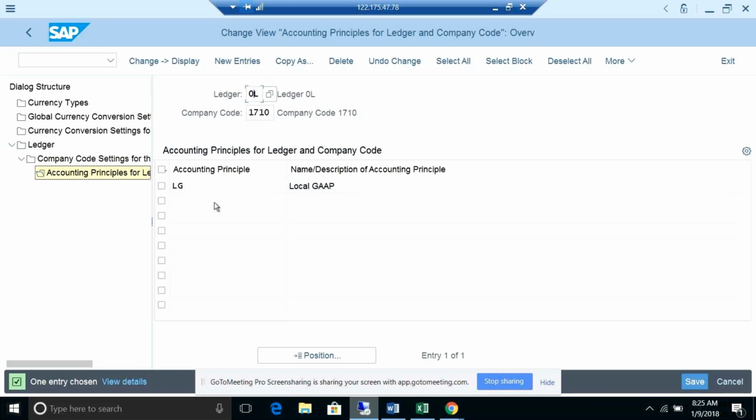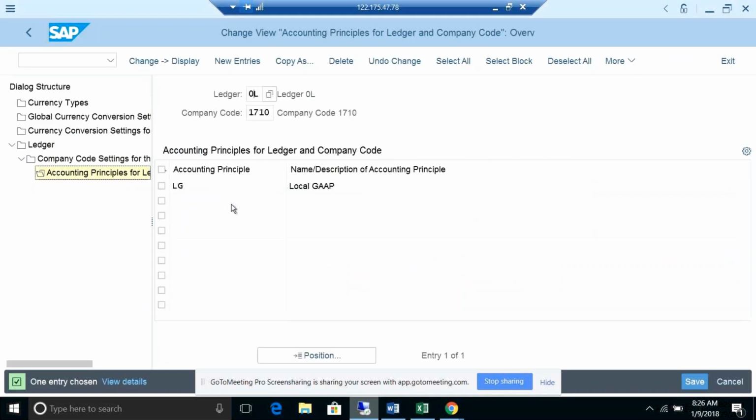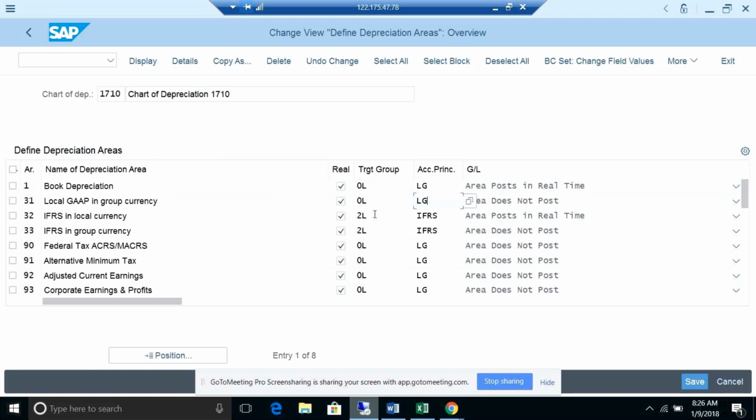Point number 1. Then go here and maintain your book depreciation area again for your US GAAP, which you are maintaining here. One line US GAAP you are adding here, and add one line again here with US GAAP, in case you wanted to report in the single currency.